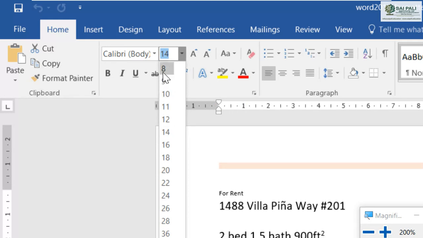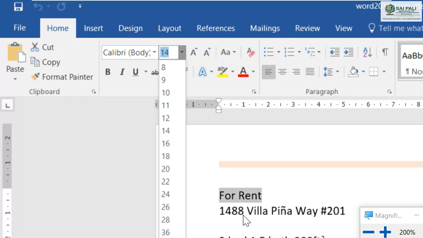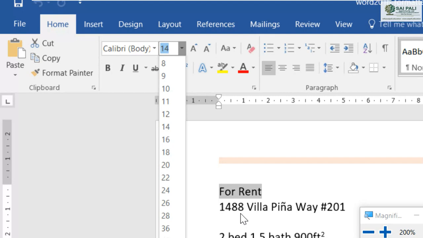Now as you can see, when I hover over a particular size, the text size reflects that size. It is giving you the preview. It is only giving you a preview. It is not changing.